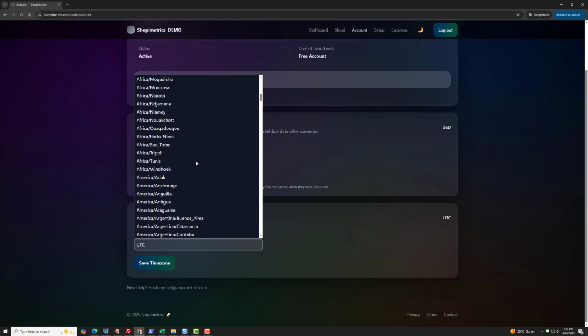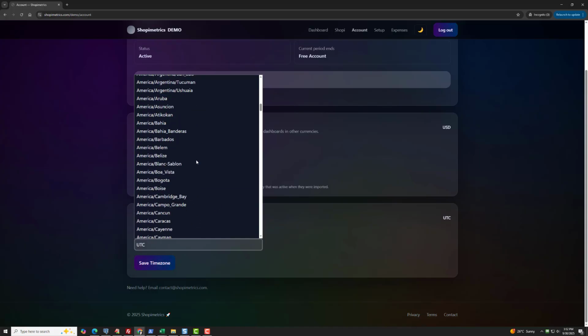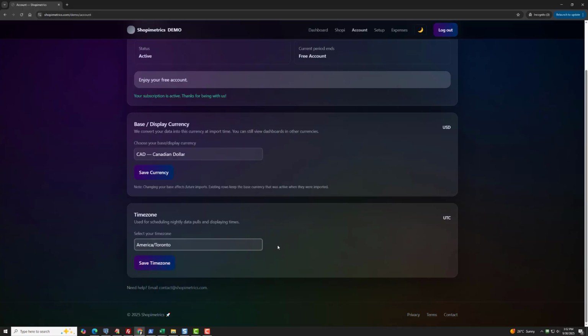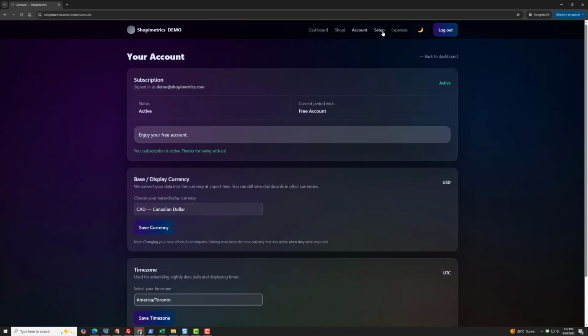So you just pick your time zone. America, Toronto would be for me in here somewhere. I've got this set up on my real account, and I love it. It allows you to pick any time zone in the world. There it is. So that would be for me, but for you it might be USD and then wherever you are. And then you click save, and that'll save it to your account, and then you can go to setup,